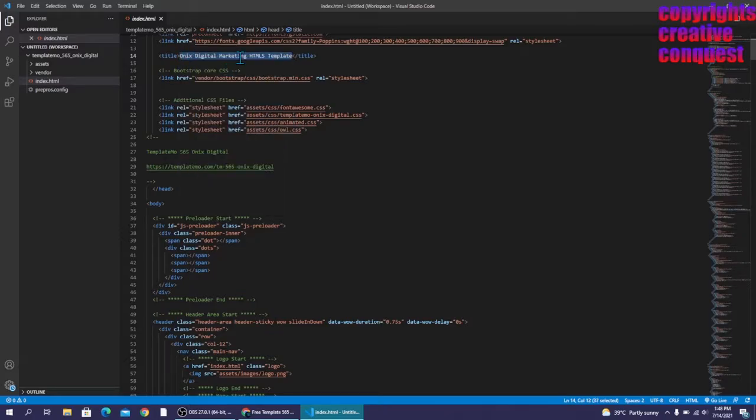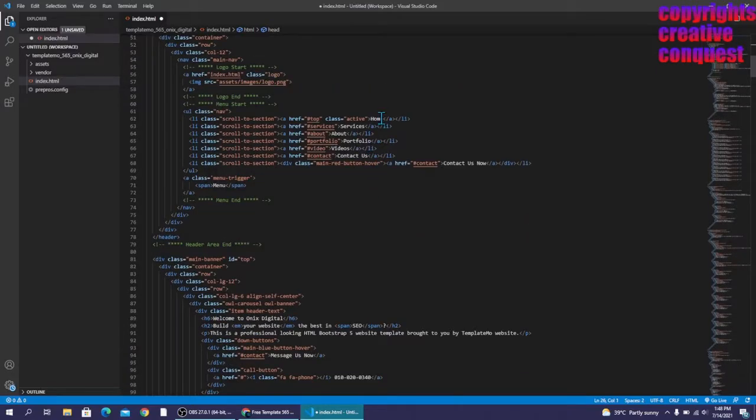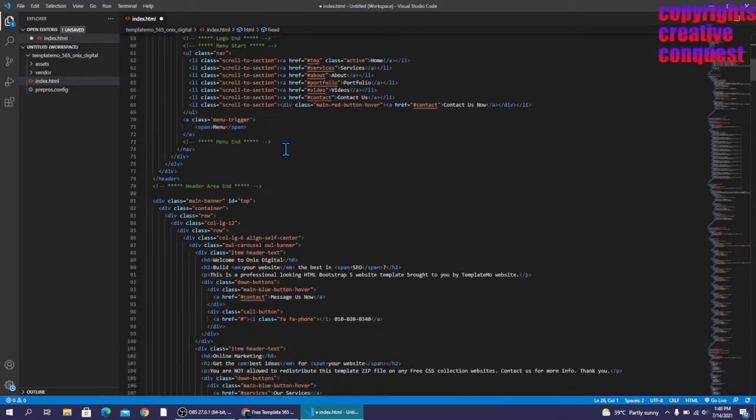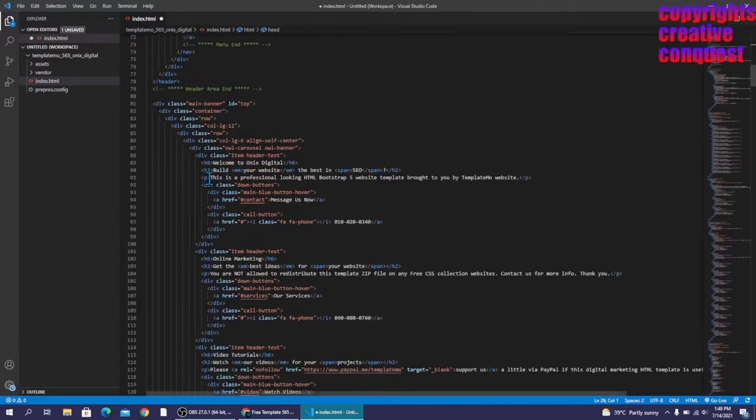Like I click this and edit to example.com, and all the other text, like this is the menu, this is the heading, Onyx Digital. I will change this to element, and under it is the heading or the punchline. Like I change this to example,